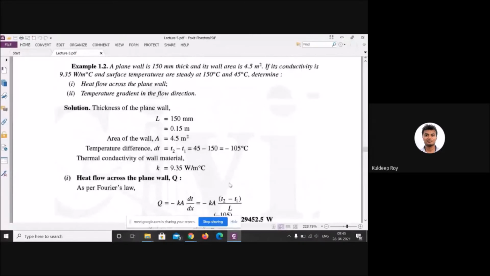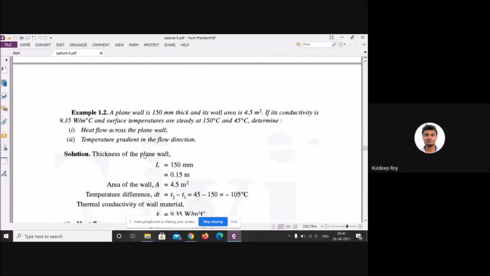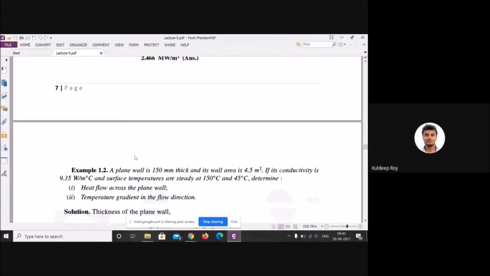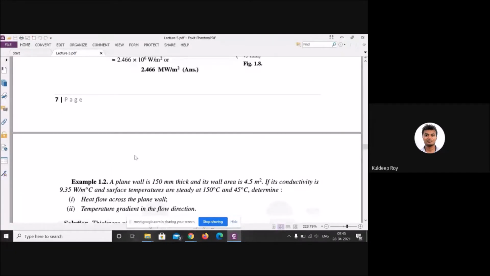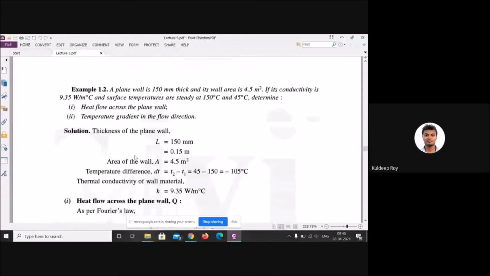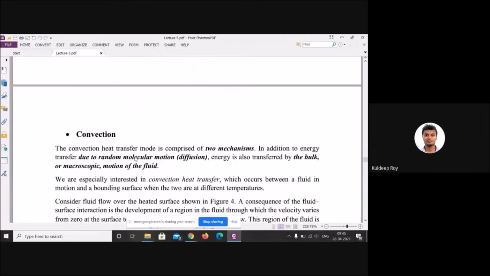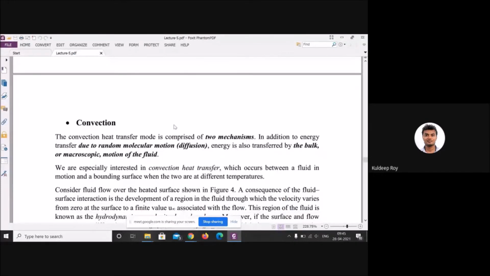Okay, these two questions are based on a very fundamental theorem, which is called Fourier's law of heat conduction. When you are talking about conduction, then definitely this theorem will come into the picture. Now, today we will talk about convection. Very good mechanism. If you are designing any kind of bioreactor or you are dealing with high temperature, definitely this term will come. Conduction and convection very frequently come up in the designing part of the bioreactor.